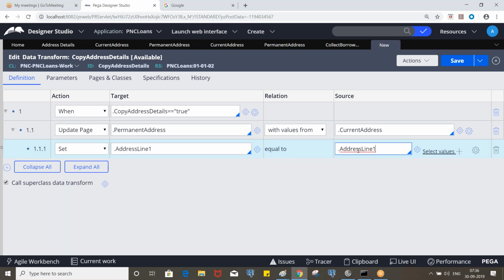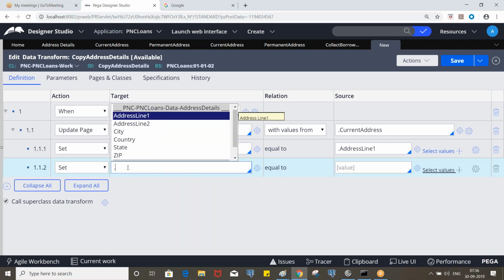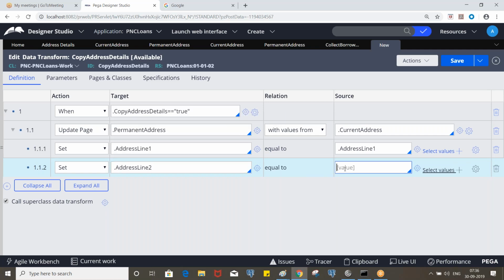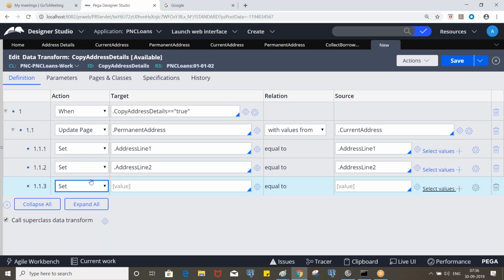Current address dot address line 1. That means the current address dot address line 1 value will be assigned to the permanent address dot address line 1 property. This is the source and this is the target. Now similarly, assign the other properties the same way.